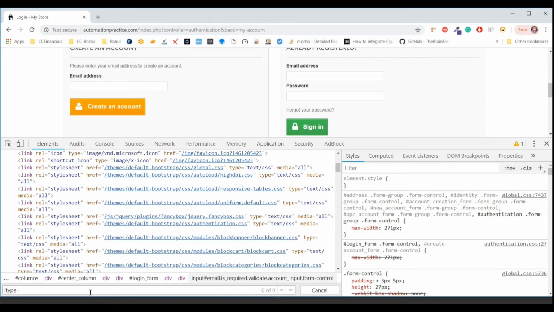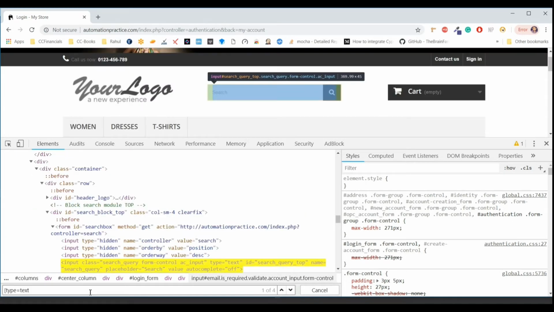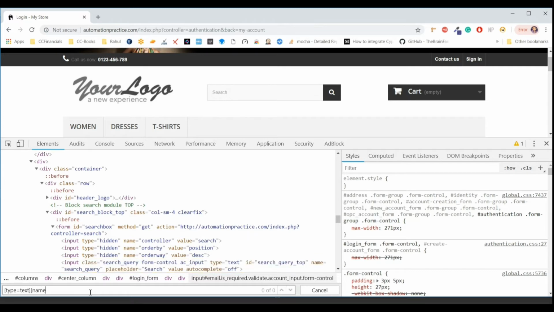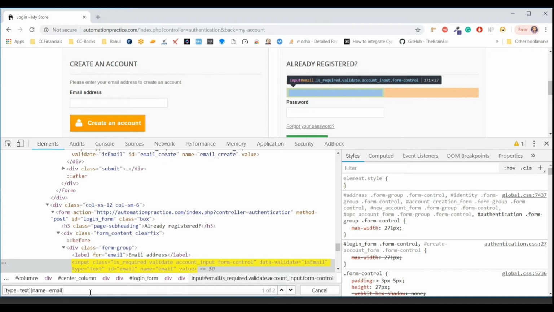So if you want to locate some element using some other property other than class name and ID, you can use this operation, like you have to pass the key value pair type thing, like type is text, and if you want to pass multiple things, like type is text and name is email.